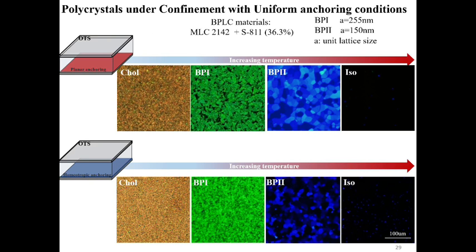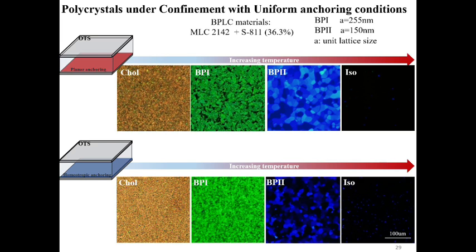So then we start to think about controlling the surface anchoring by combining those liquid crystal materials into two substrates, and then we play with the surface modification of the substrate. We can see that by increasing the temperature, the system goes through different phases: the cholesteric phase, blue phase 1, blue phase 2, and eventually the isotropic phase. However, here with the homogeneous surface, we cannot control any of those lattice orientations. You still end up with a multiple domain